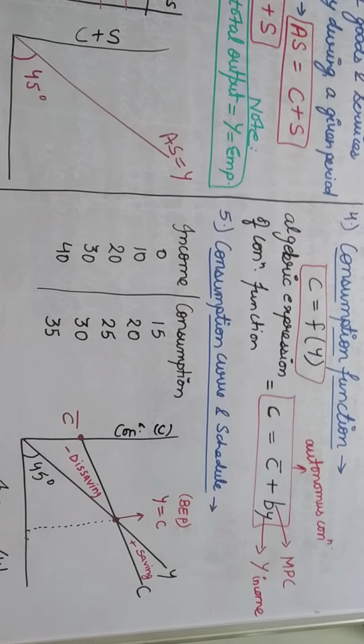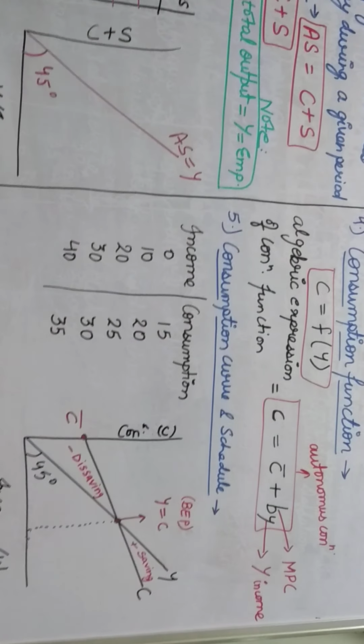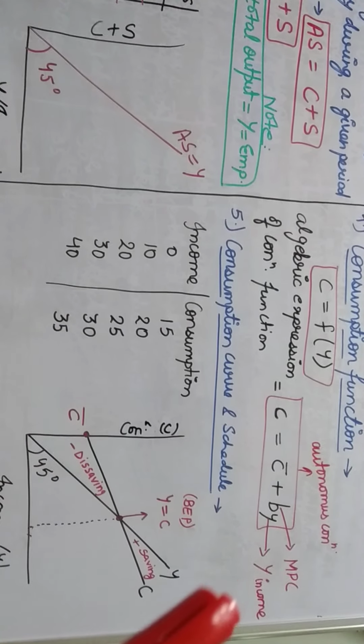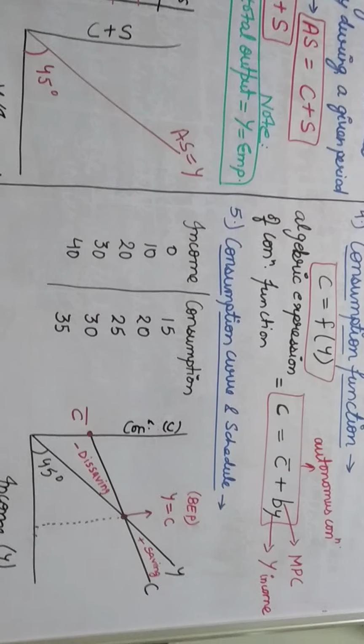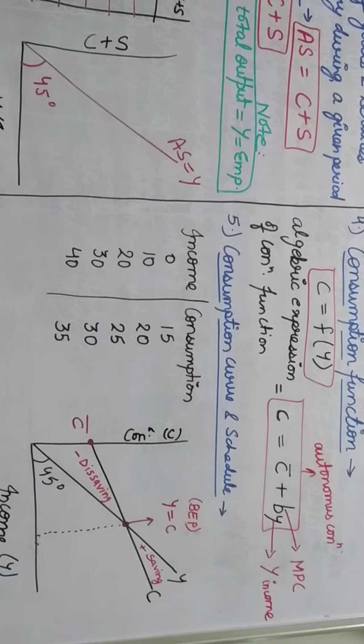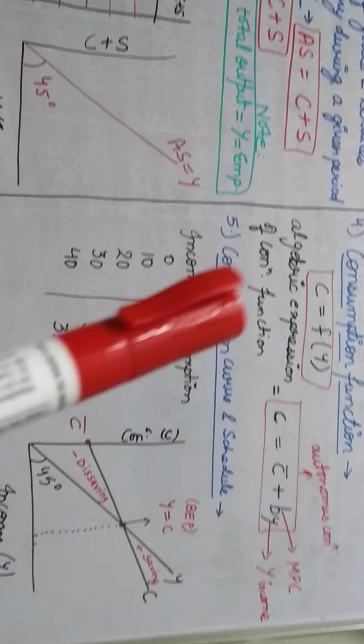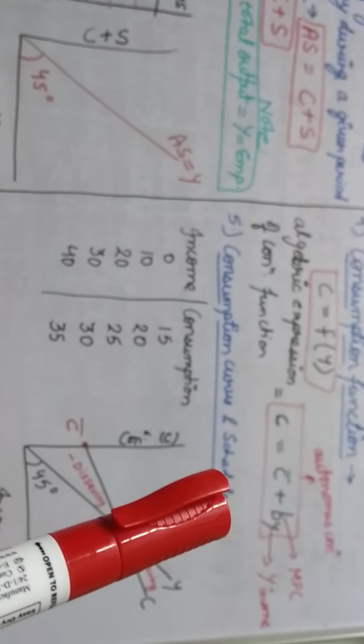This point I will discuss after this consumption function. Now Y here stands for income. That means whatever the value of income is given in your numerical, that same value you have to put over here. So consumption can be calculated in two ways: first by this formula, second by this formula.